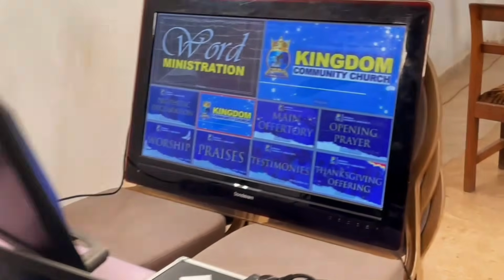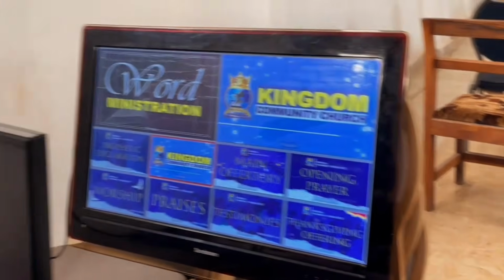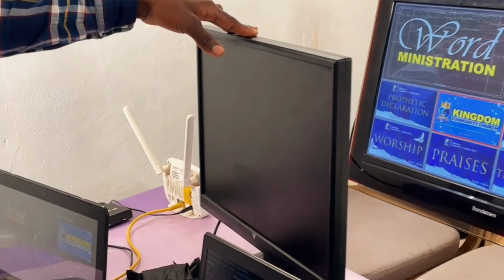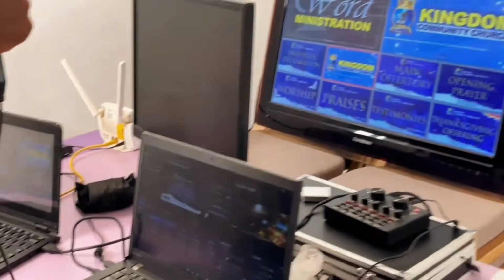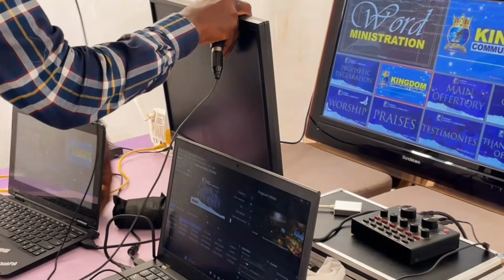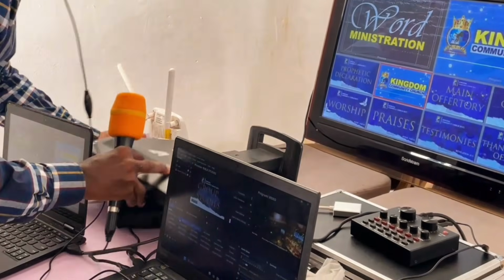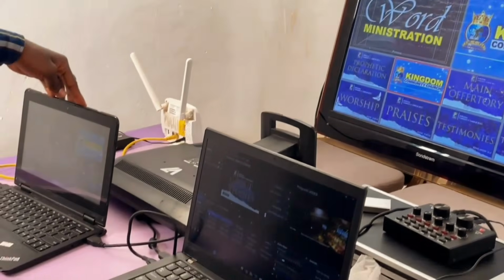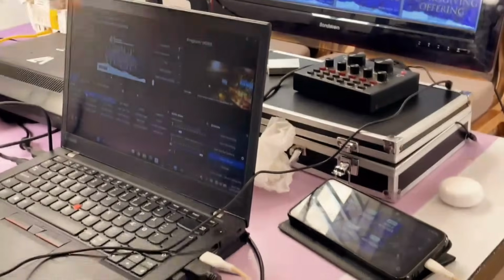Today I'm not going to use this monitor because I'm not getting the USB hub to this PC. I think it's messed up. Okay, so I'm going to remove this one from here, and I don't want to use this one. I don't know if I can do it like this. Good. Now we have the TV here, we have this second PC and the main production, and also we have our